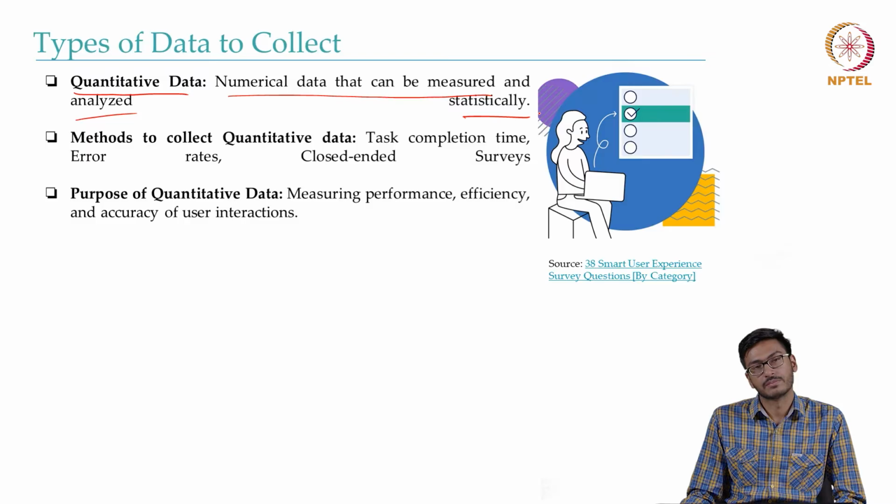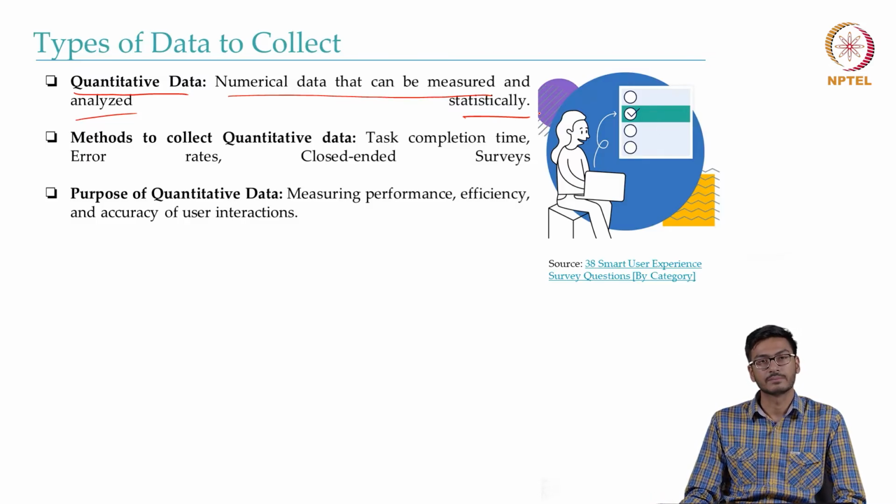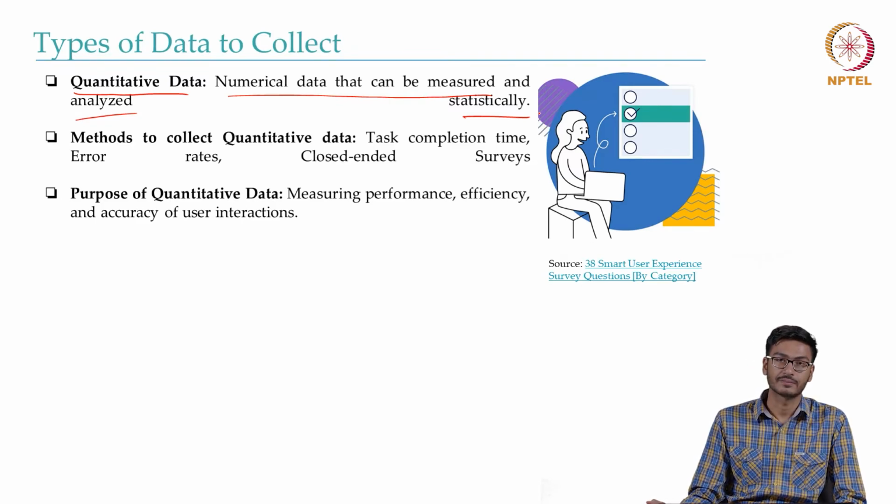Task completion time. Think about it. If you are given a task, suppose a test in school, you may need some time to complete it. And imagine if you are being graded on how quickly you complete the test. It is the best example of task completion time. Secondly, we have error rates. Well, simply, how much you score is the error rates.